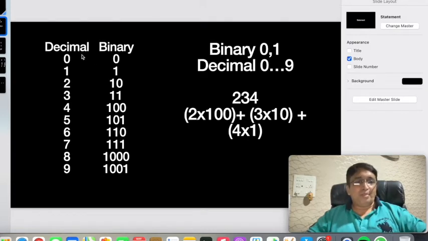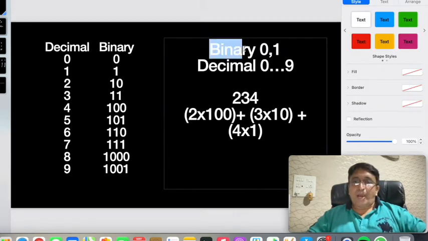Now why does it seem to be pretty difficult? Because the numbering system that we know is made of a total of 10 numbers: 0, 1, 2, 3, 4, 5, 6, 7, 8, 9. Total 0 to 9 means 10 digits. That's why it is called the decimal numbering system. And when you talk about binary, we are aware that binary is made of only two numbers, that is 0 and 1. And that's it. Nothing other than that.